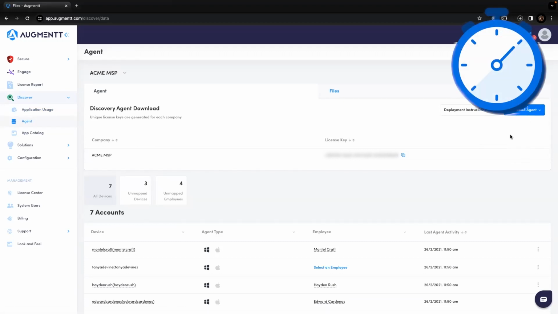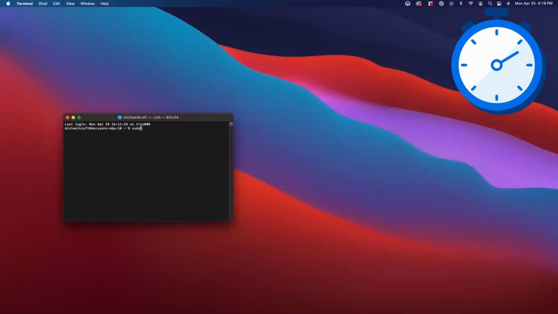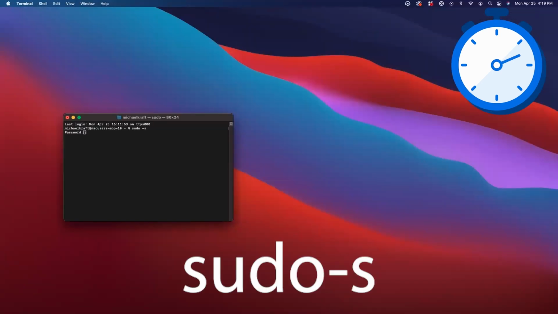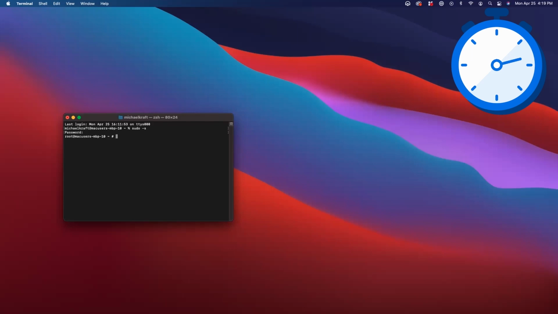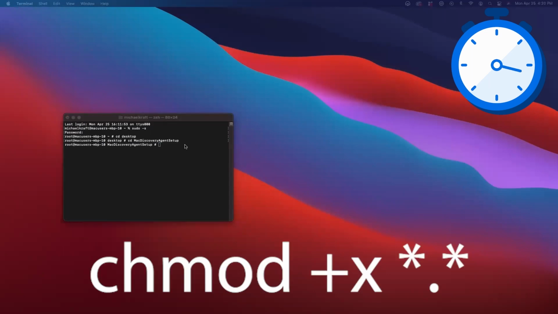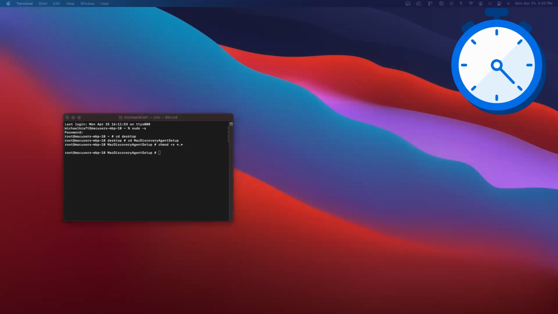Now, let's open up a terminal session on the Mac where we will be installing the agent. In the terminal window, type sudo -s and enter your admin credentials. Navigate to the folder where you stored the Augmentt agent and run the following command: chmod +x *.* After modifying the folder, run the following command: